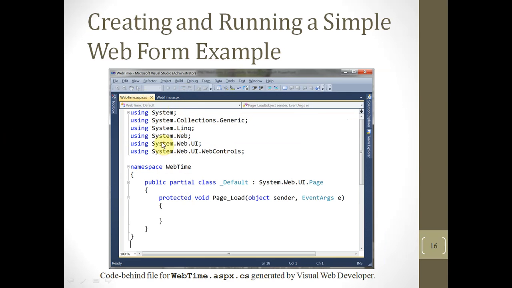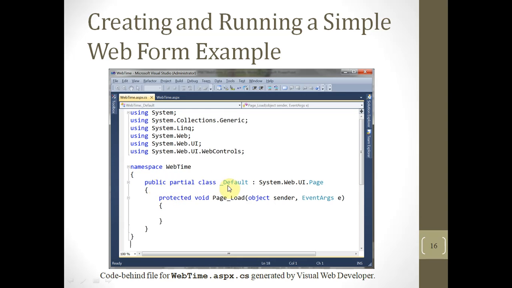As you click on this, we will have the template of this .cs file. We will have using System.Collections.Generic, System.Linq, System.Web, System.Web.UI, System.Web.UI.WebControls. So all required namespaces are already given here. We don't have to write any namespace, and it will display the namespace webtime, because the name of the file is webtime; otherwise its name will change. According to the file name we wrote, this name appeared here.